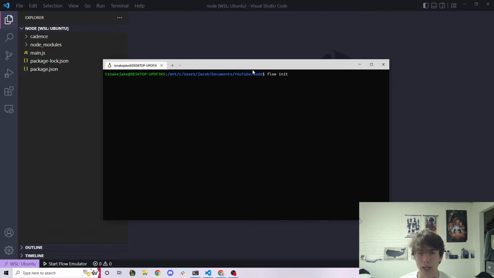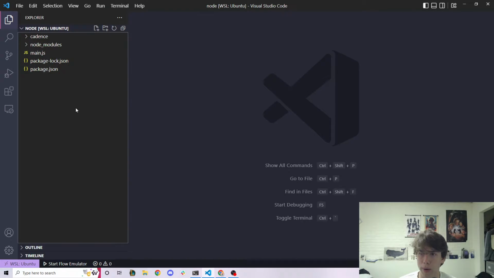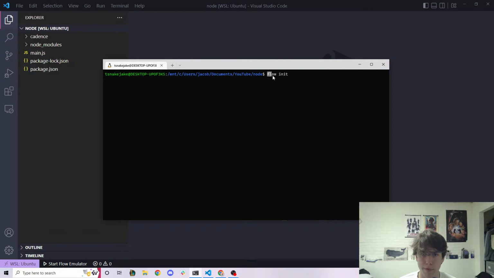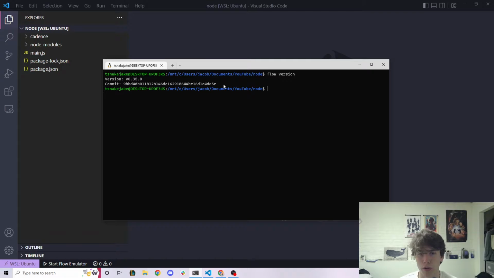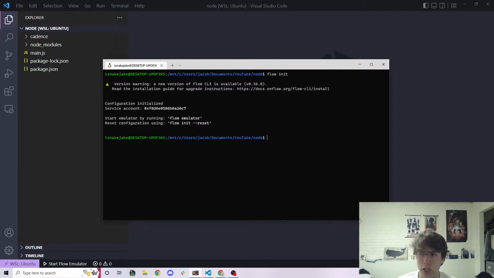If you go into an empty directory, like the one I have up right now, what I'm going to do is type in flow init. Well, I guess step one is to install the Flow CLI. If you haven't done that already, make sure to do that, and when you type in flow version, it'll give you the version. I'll put a link to that in the description if you need it. Okay, so then the next step is to do flow init, which is actually going to create